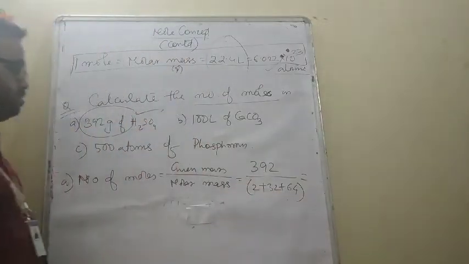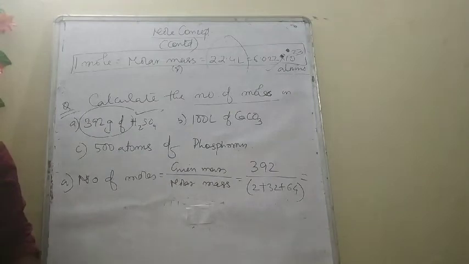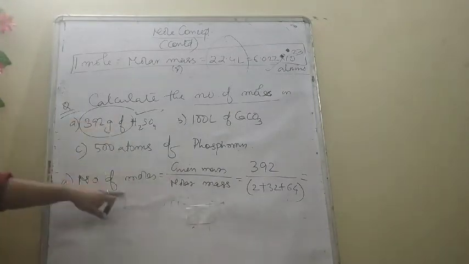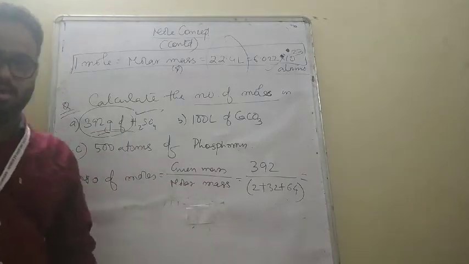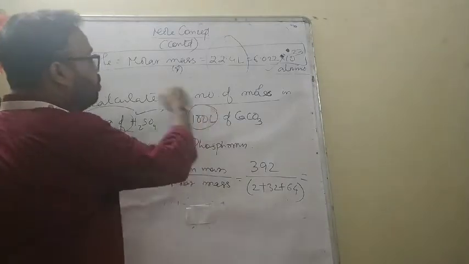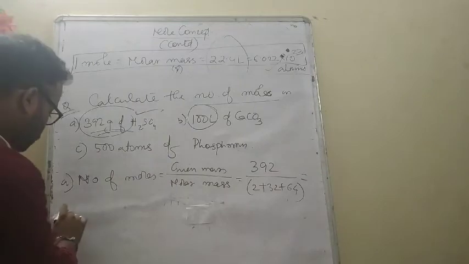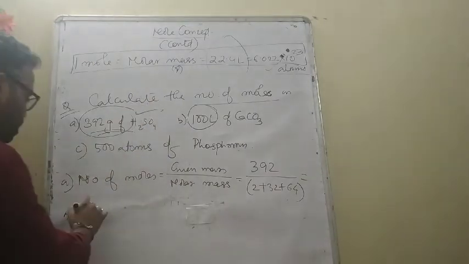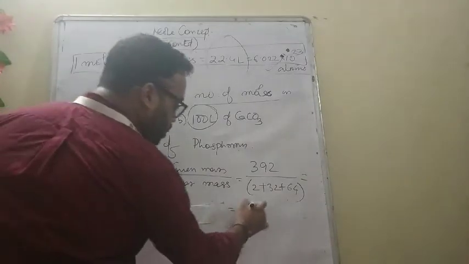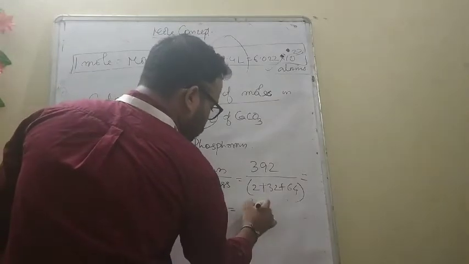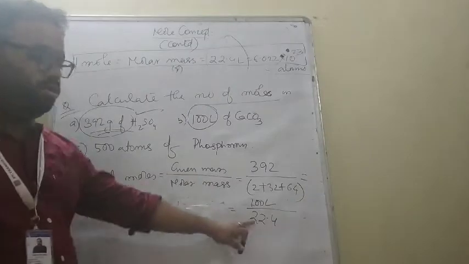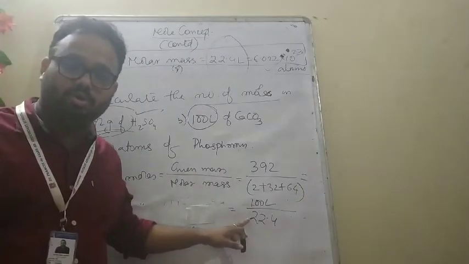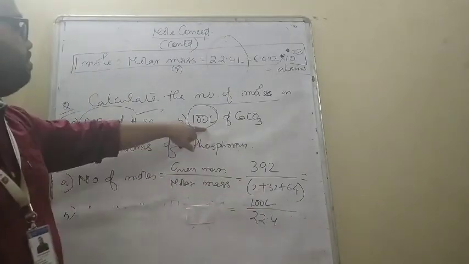Take out. Understood. So इसमें क्या लगाएगा, given mass में molar mass. क्यों लगाया? Because mass is given. Now here you have been given volume 100 liter. So which formula you will apply? Number of moles equals to given volume divided by 22.4. Why you have applied this formula? Because what they have given? Volume.